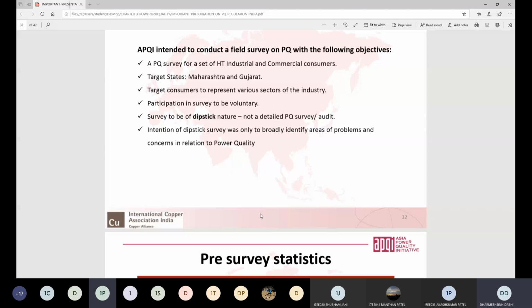So here I complete this chapter, power quality. Chapter number 3 is over. Maybe the day after tomorrow, Thursday, I will take your test regarding this chapter, power quality, in the second lecture. So prepare for this. I already gave the presentation, and the rest of the presentation I will provide to you. If you have any doubt in this chapter, you can ask me.